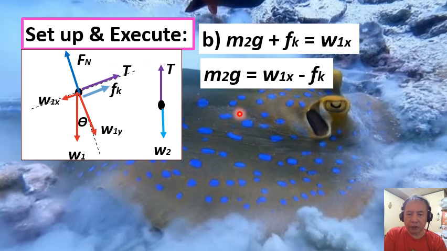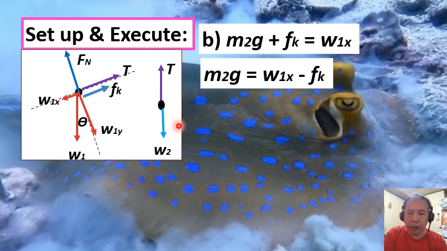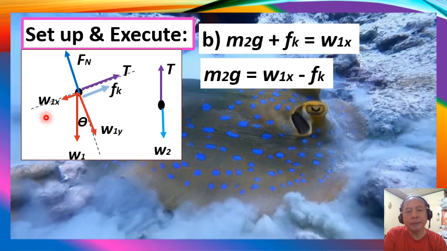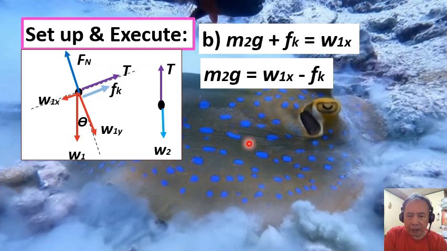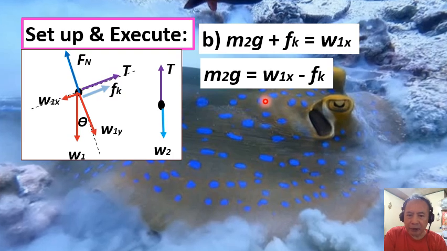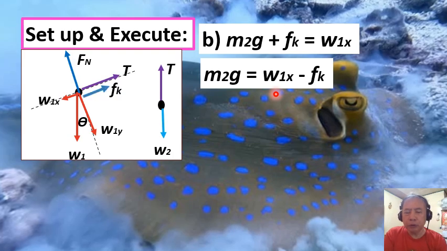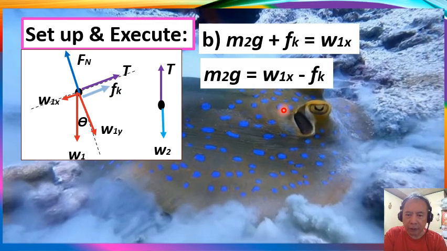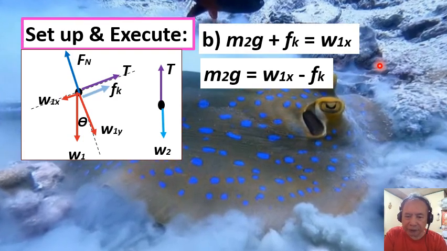In part B of our question, we also determine the mass of block number 2, or M2, so that the block M1 will be moving down the incline. This is now the opposite of the case in part A. So just the same, we also consider the system to be moving in dynamic equilibrium, with constant speed, no net force, no